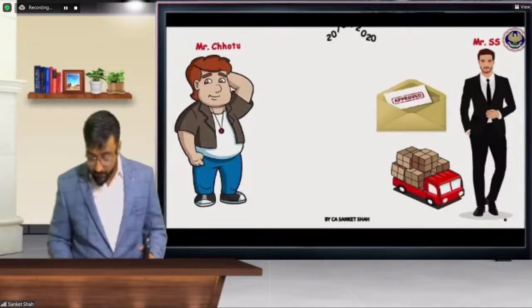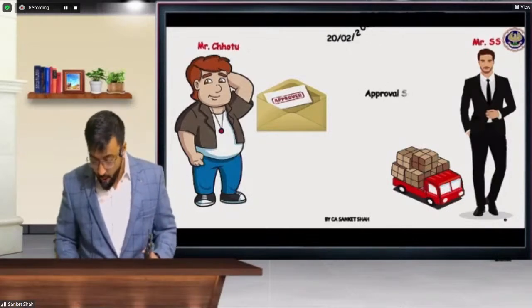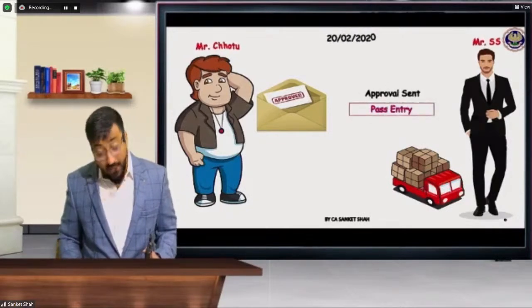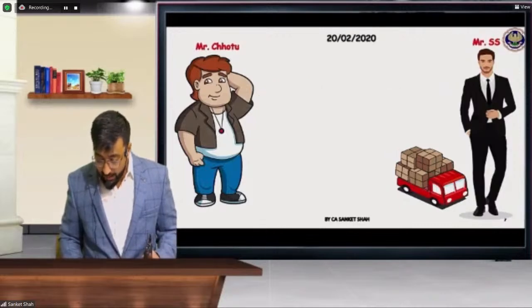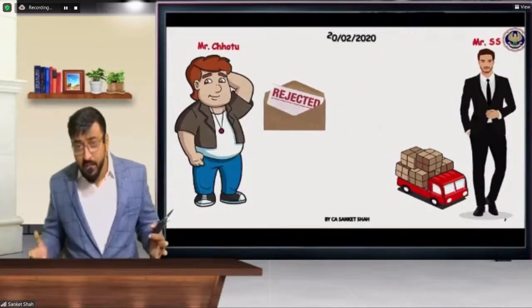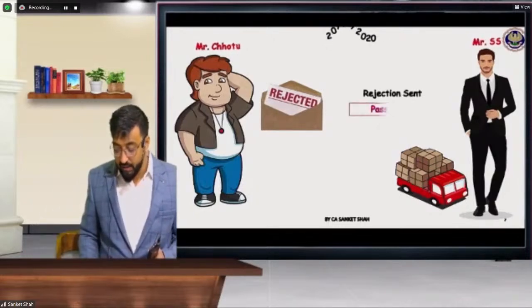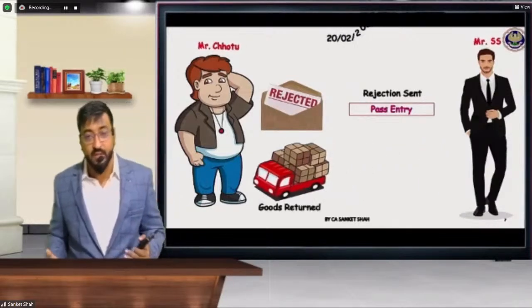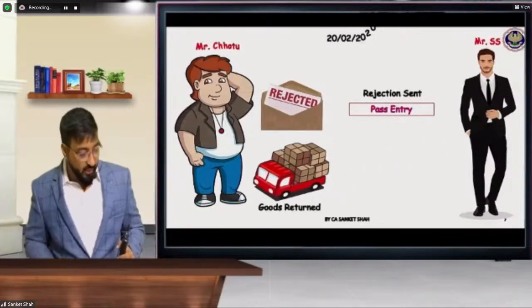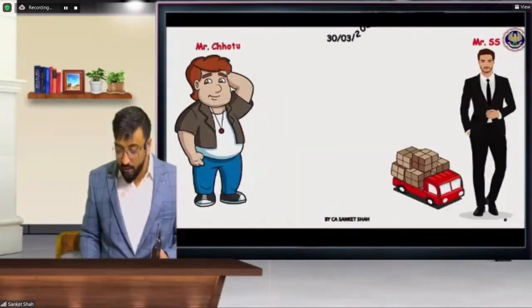February, goods are approved by Mr. SS or approval is sent, pass entry. Sir, what is the entry on approval? And on this March, might be goods are rejected, and rejection sent with goods. So, sir, what is the entry in that case, sir? Goods rejected. So, either or. Okay. So, either or. And that entry on 30th March,